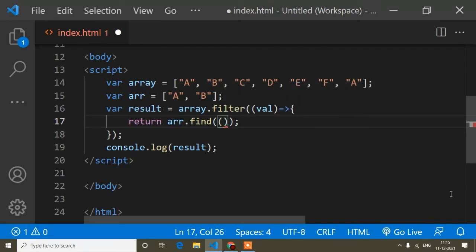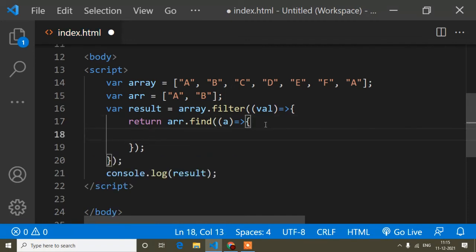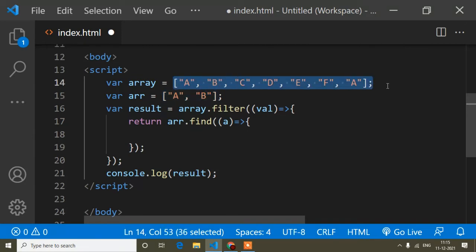The parameter name, suppose I write A, and then equals to an arrow, that's why it's called the arrow function, and then curly braces. Like this. So this is the arrow function, and now here I will write ARR dot find, I mean, hey, is this one matching in this array or not? If it is matching, it will be returned.